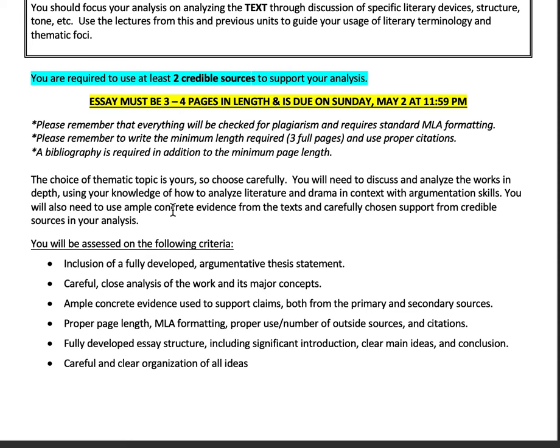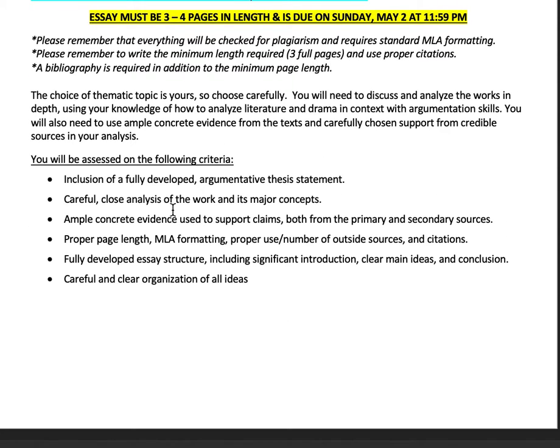The choice of concept is yours. Again, choose wisely, choose what's of interest to you. Make sure that you are looking at the work in depth, and that you have lots of good evidence, like I said, in the form of quotes to help support your analysis. You are going to be assessed on having a fully developed argumentative thesis statement,